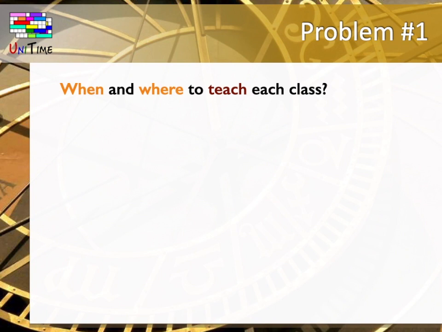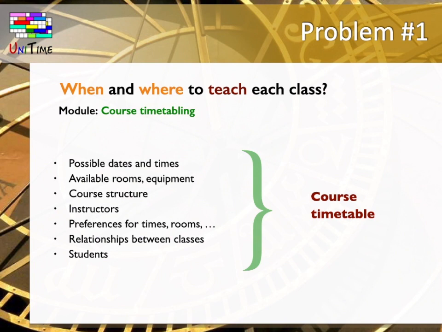The first scheduling problem is when and where to teach each class. For that, UniTime has the course timetabling module. To create a course timetable, many requirements and preferences need to be taken into account, such as possible dates and times when the classes can be held, the rooms that the institution has available and their equipment, the course structure,